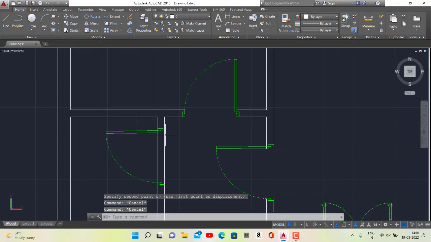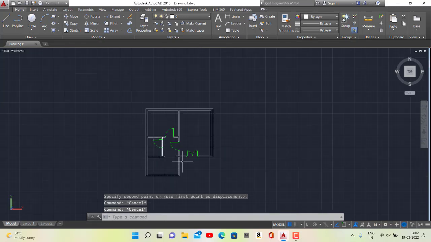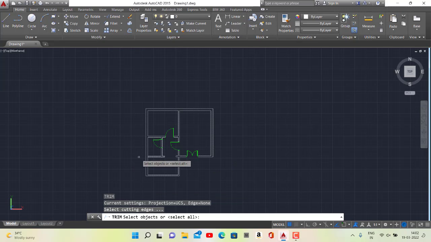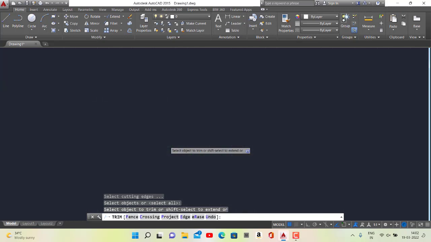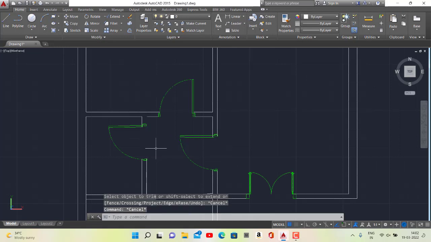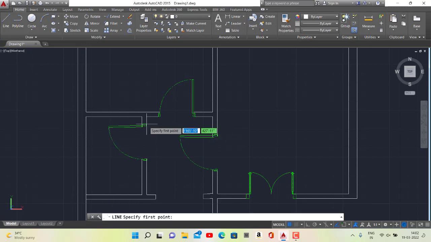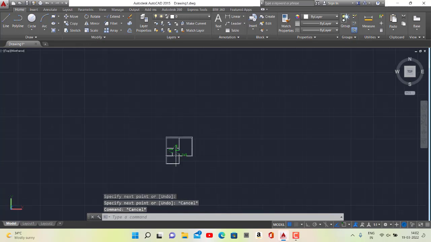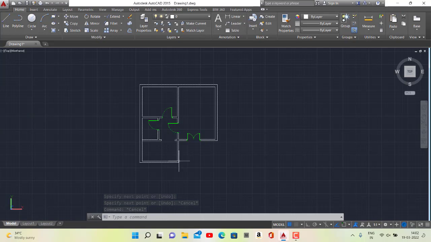Paste it here and escape it. Go for the trim. Zoom in and you can trim like this. Look, the trim was completed here for this section. Okay, the doors were completed for this section. Now we should add the